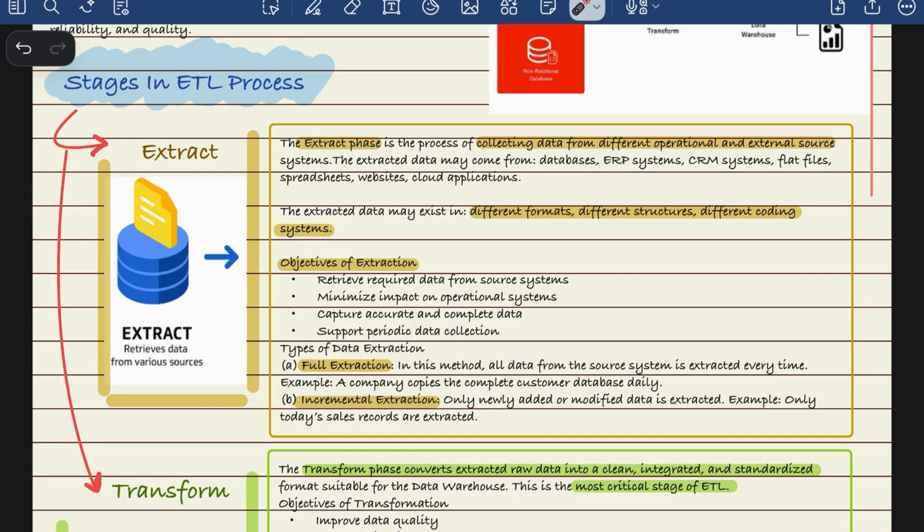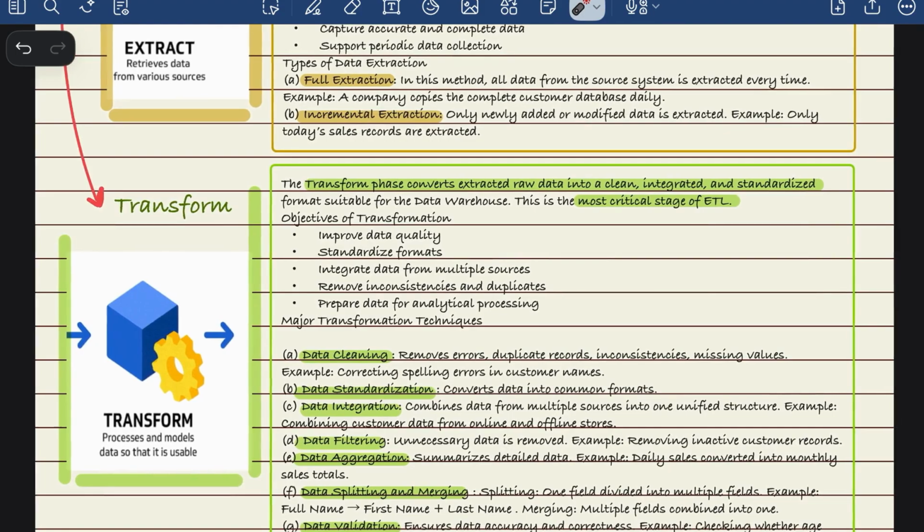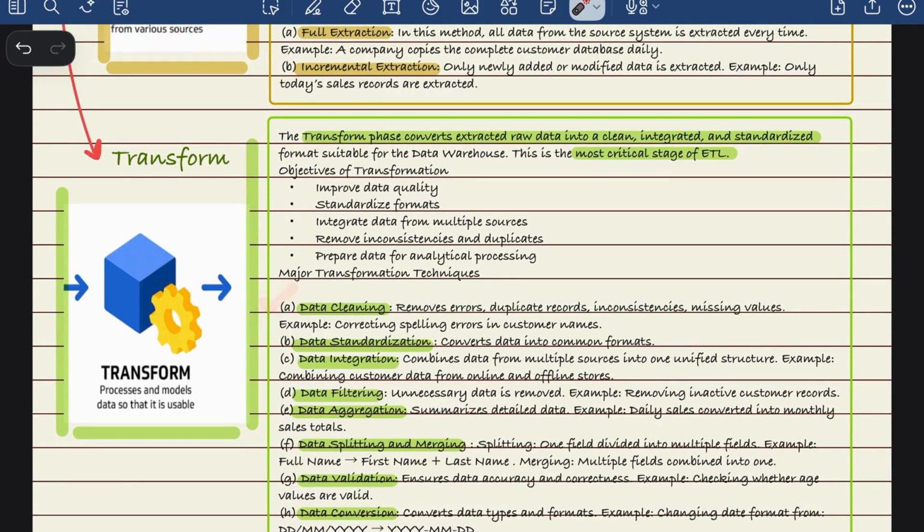All right, the second phase is the transform. Once the data is collected, what do you do with the data, right? So phase 2 is transform, and this is where 80% of the engineering work happens. This is the ultimate data laundry. The raw data which is collected in the extract phase is filthy, okay, and the transformation scrubs and cleans it. There are a few techniques which are used for this. So there is data cleaning. All right, data cleaning removes all the duplicates, all the inconsistencies, all the missing values, right?